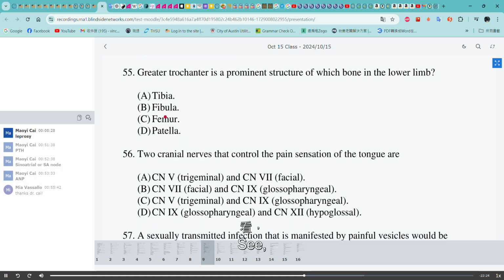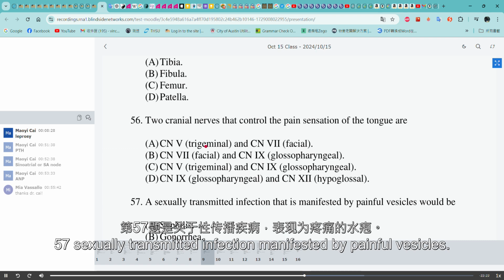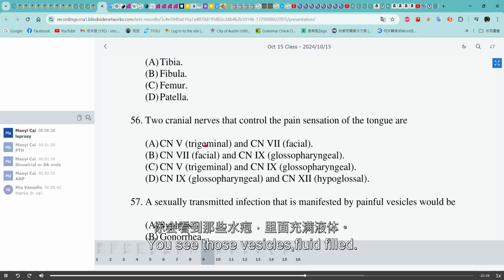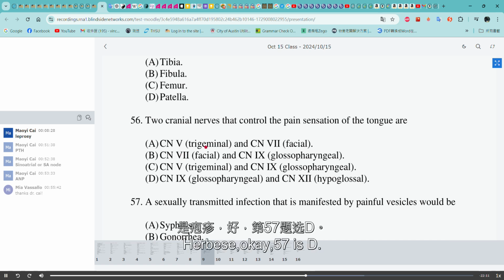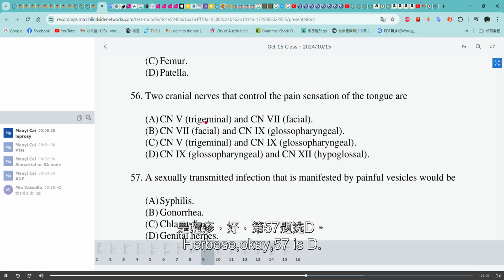C. 57, sexually transmitted infection manifested by painful vesicles. You see those vesicles, fluid filled. And that would be what? Herpes. Herpes is painful. Okay. 57 is D. 58,